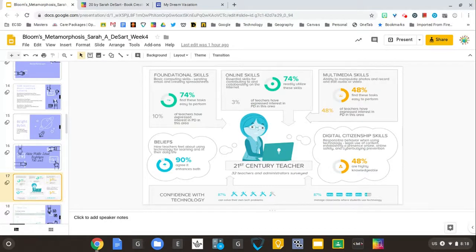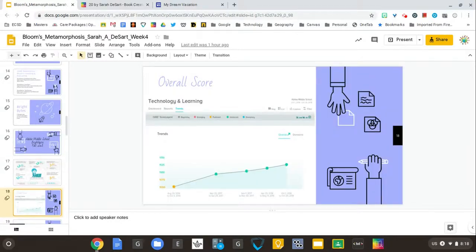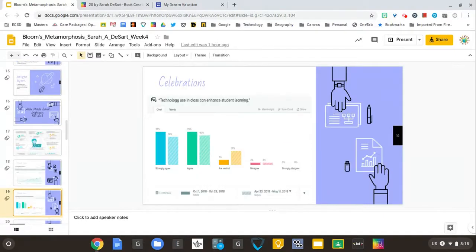Their multimedia skills are lacking, with only 48% feeling comfortable with multimedia. Digital citizenship is only 48%, and 90% believe that technology does help learning. Their overall score, since we became a one-to-one school and started doing this research, has steadily increased. So that's exciting news.